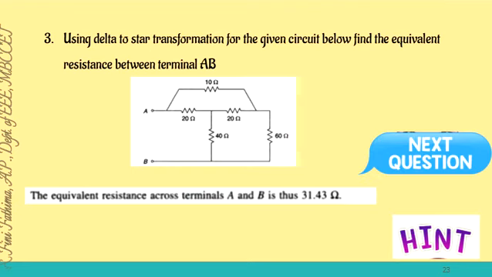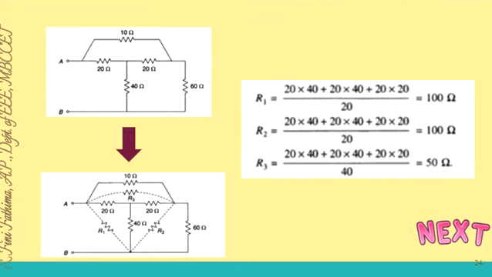Okay. So the answer is 31.43. If you got the answer as 31.43, then the answer is correct. Else we will move on to the detailed solution. So in this much time I was converting delta to star. For this I am taking this particular star connection and converting it into delta. In order to convert it into delta, one branch will come here and here. See, like this, in the dotted line there will be a delta connection with the resistors R1, R2, R3.